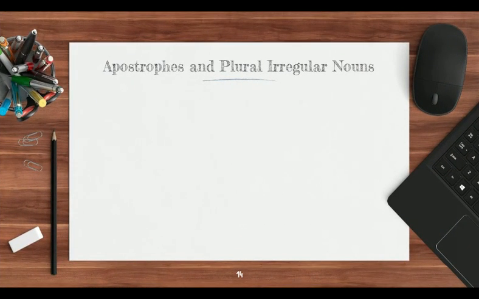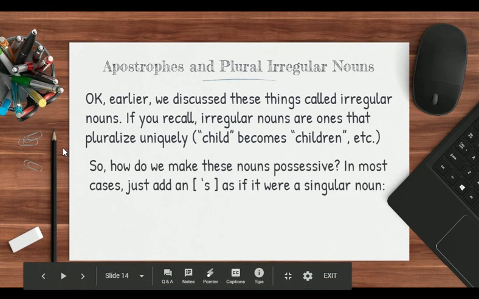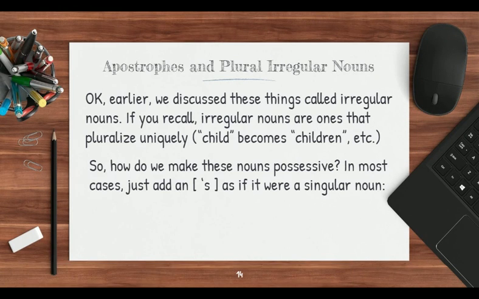Apostrophes and plural irregular nouns. So, okay, earlier we discussed these things called irregular nouns. Now, if you recall, irregular nouns are ones that pluralize uniquely. And what I mean by that is when they become plural, it's a little bit more complicated than just adding an S. Okay, back to it. So, if we have one of these examples where child becomes children, these irregular plural nouns,